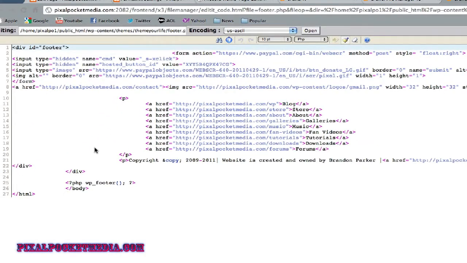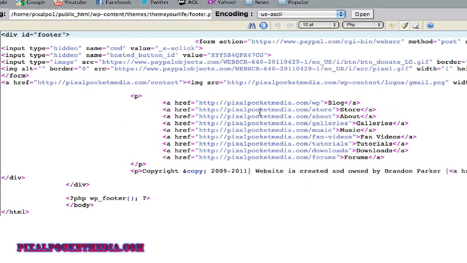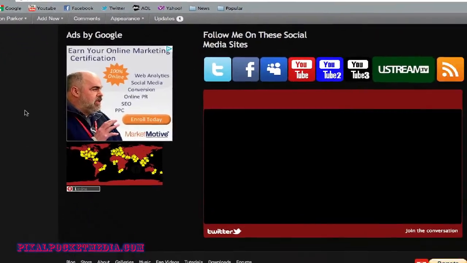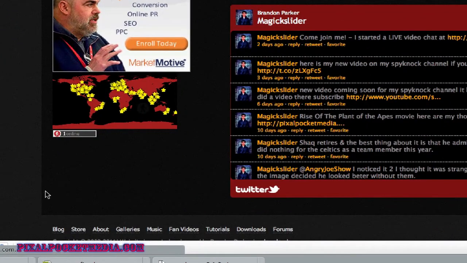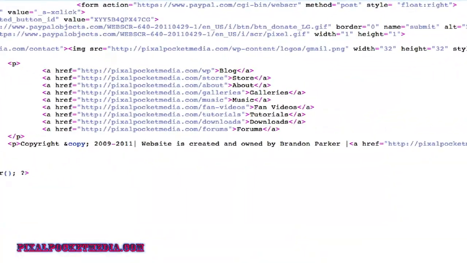All I added inside the footer was pretty much just HTML coding, because you can see right here, all this is HTML coding from the theme that I created, and I wanted to have links at the bottom for all of my pages. Let's go to home, visit my site. This is just HTML coded, and you can't really see my copyright with my name and the link back to my site, because I have this plugin right here. But you can see it inside here. It would show this, but it's being blocked by